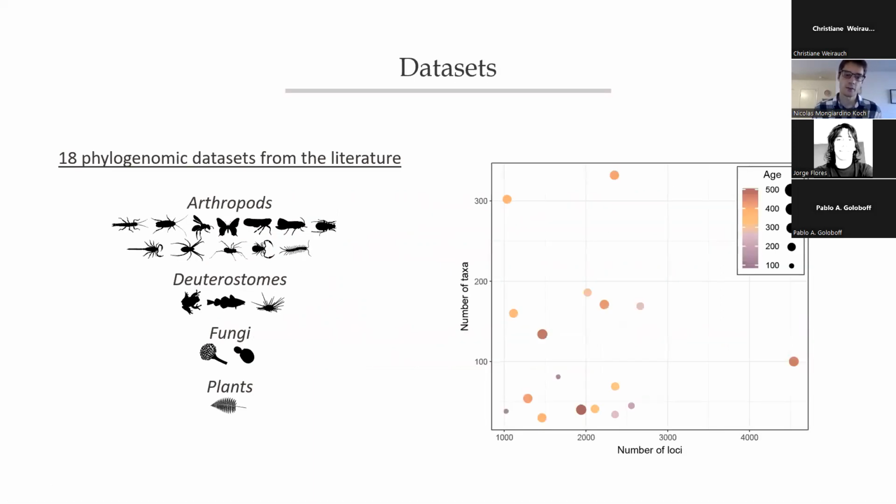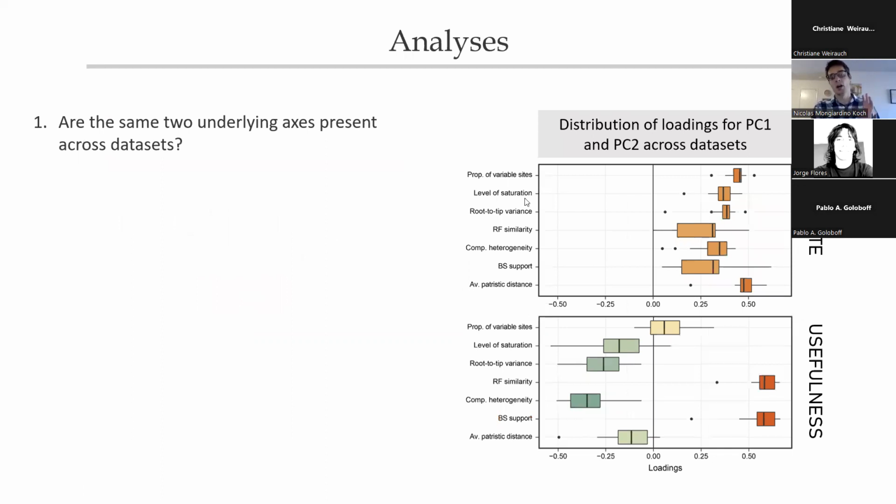And so to tackle these questions, we gathered a sample of 18 phylogenomic datasets from the literature, which span different clades, different numbers of loci from about 1,000 to 4,500, a wide range of taxa, and also a huge disparity in the age of the phylogenetic questions. And with this data, we sought to answer first, are these the same two underlying axes present across all data sets? And we do in fact find the same two axes, one along which all 7 properties increase, have positive